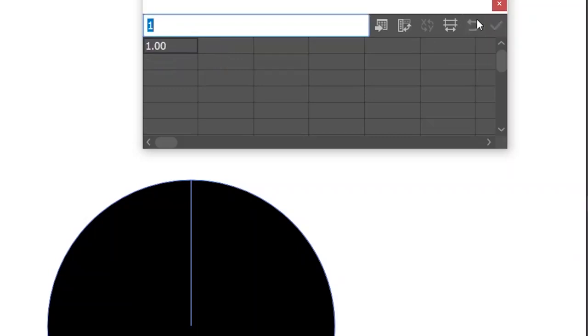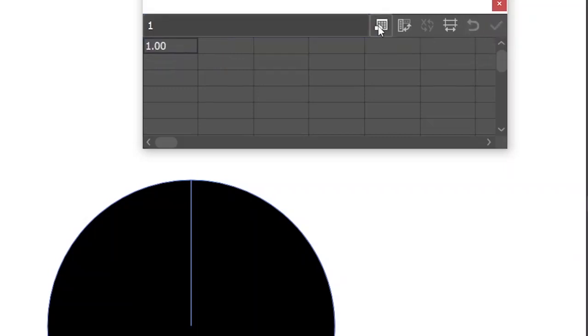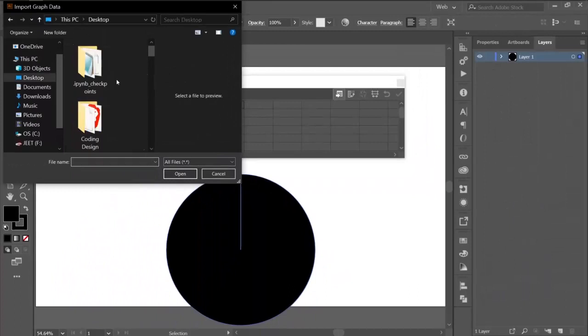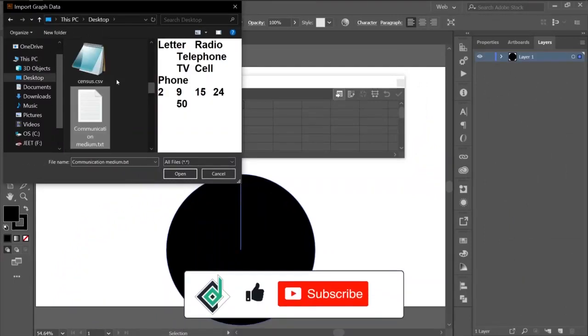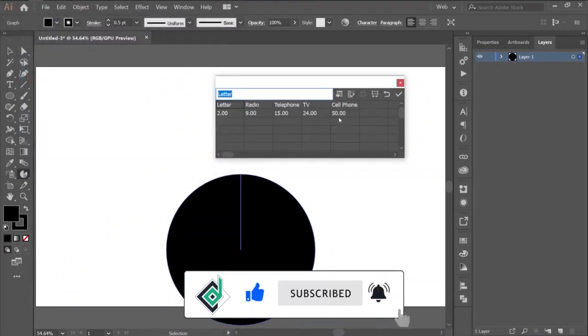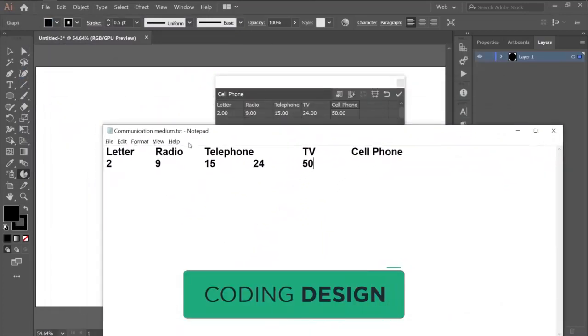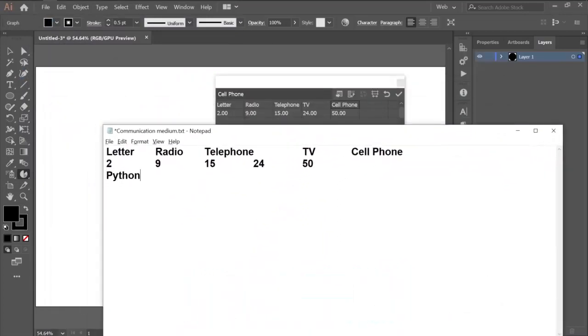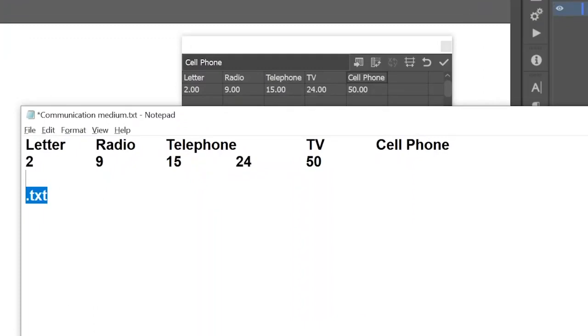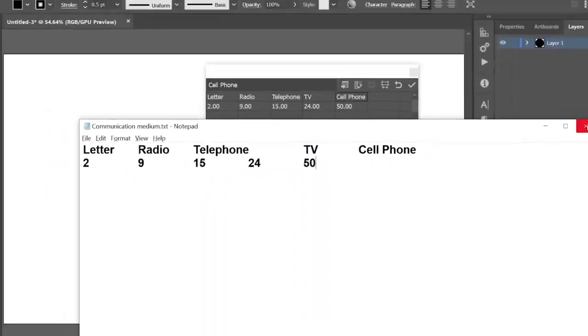So how will you import? To import, you can press that first button and you can import the txt file, okay? And I'll show you. Okay, this is the file, and you can go inside the file and give any value without hitting spacebar. You should hit the tab button, and again you can give another value. Each and every time when you are giving a new value, just hit tab and give the new value, okay? When you are saving this file, the file's extension should be .txt, and you are ready to go.